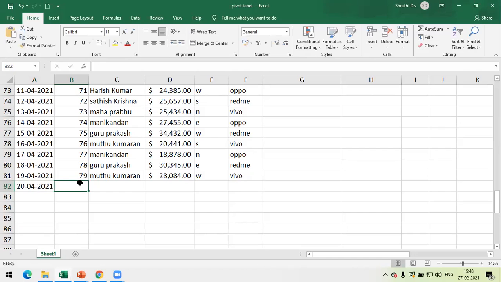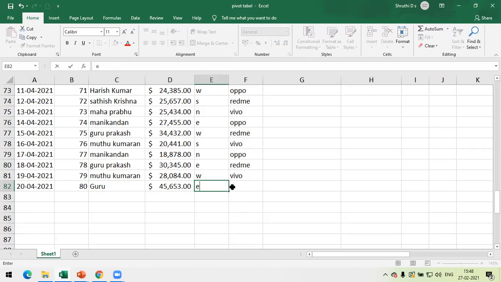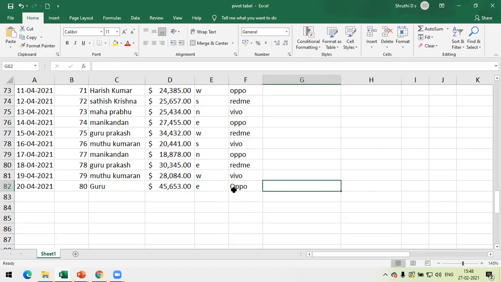So this is my 80th, and let me take it as Guru. I don't want Prakash, I just want the Guru details, and I'll enter like 45. And in East region, and he is giving Oppo. He has sold Oppo.